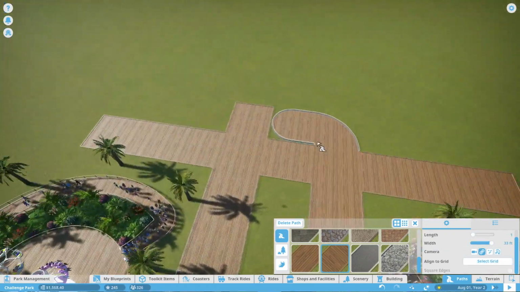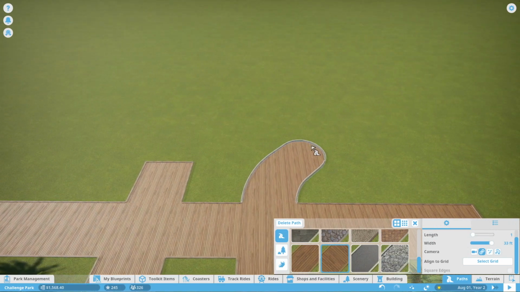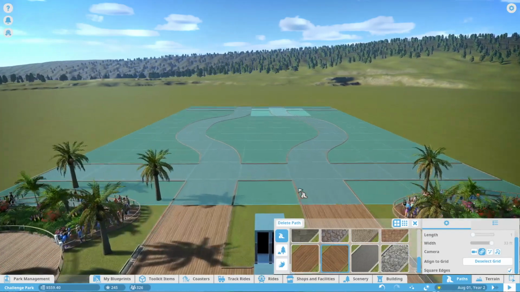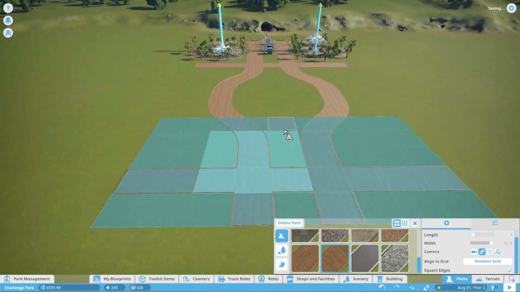We'll deselect the grid, and I want to make this path branch off to the left here, and on this side I want it to branch off to the right, and then we'll come back over here and meet up in the center. So we're gonna go like this, branch out on both sides, and then come back together for that basic shape that we have at the main entrance